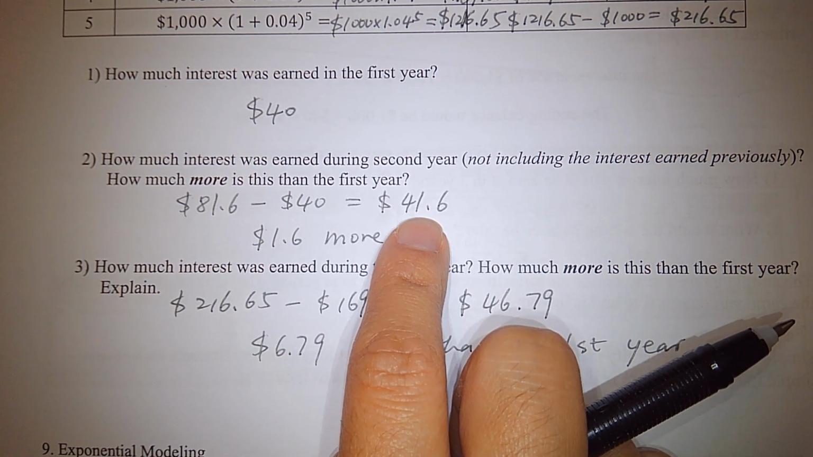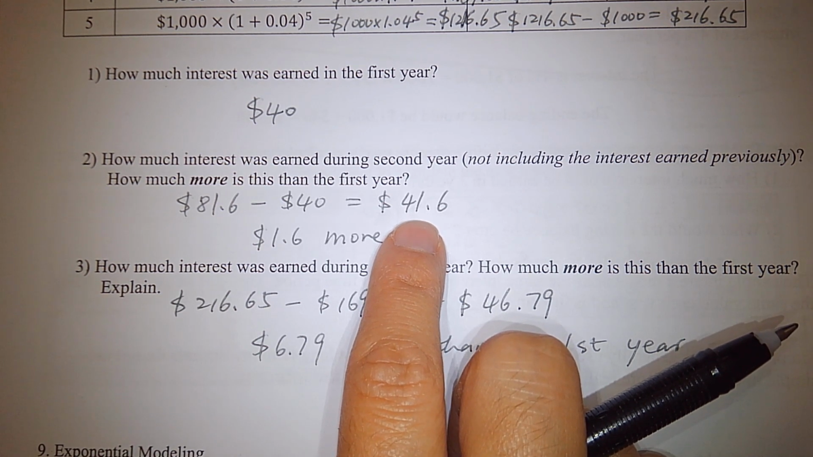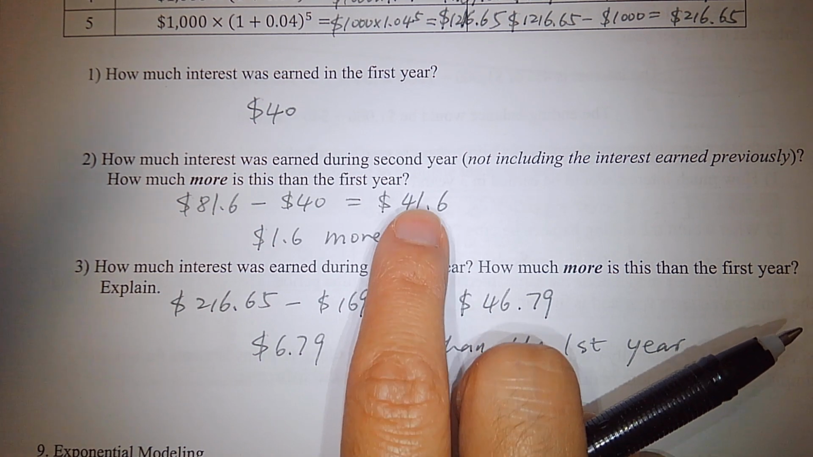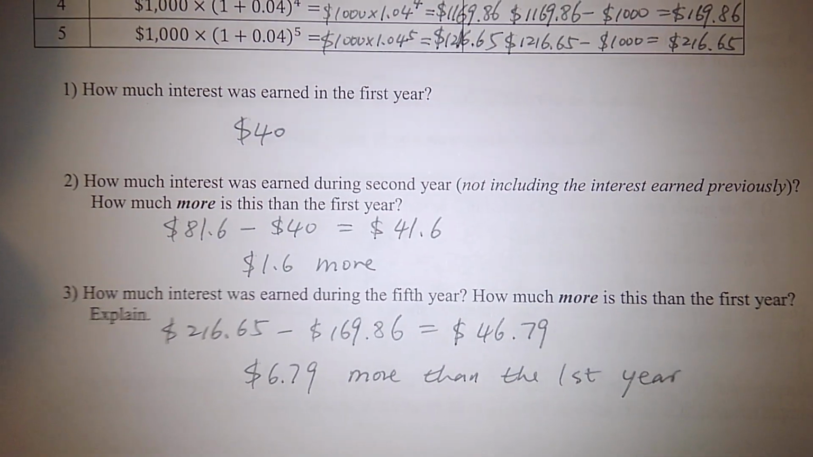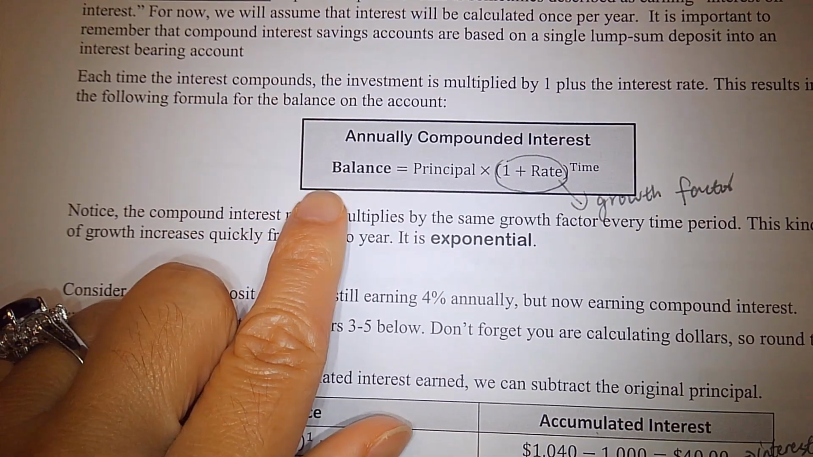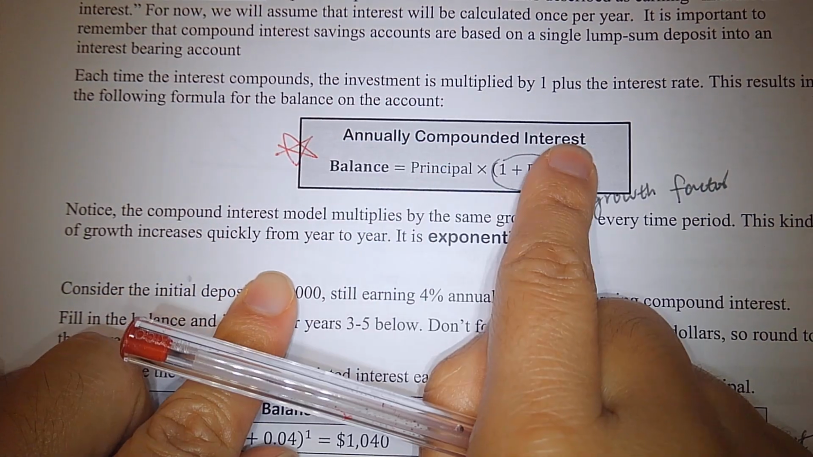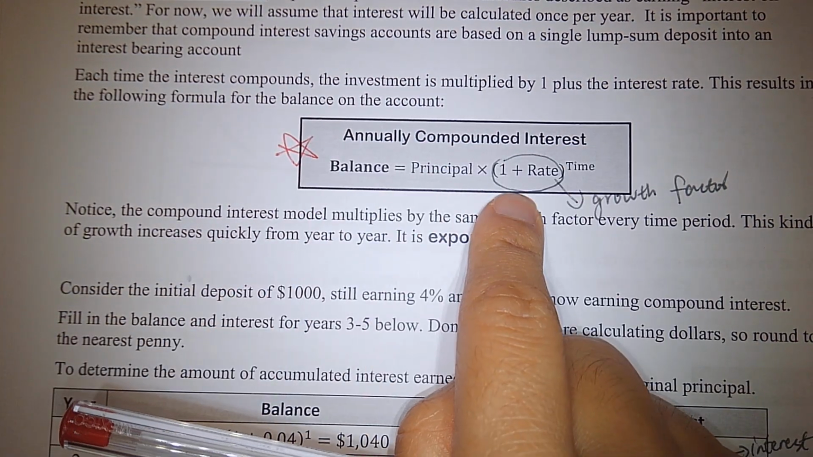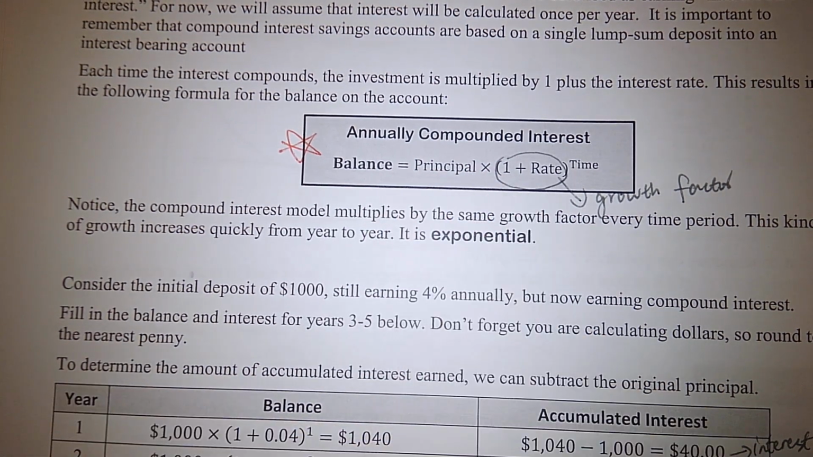Because for compound interest, we don't just compute the interest that depends on the principal. We also compute the interest that depends on the accumulated balance. So this is on page 120. I need you to really understand this formula, so that when it is given to you, you know how to apply it. All right, now let's move on to page